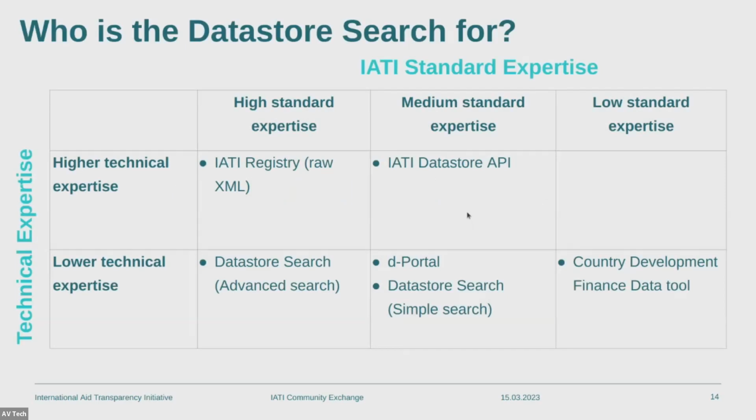And these are my thoughts on where all the data access tools lie across a matrix of IATI standard expertise and technical expertise. So if you're very tech savvy and you really know the standard very well, you might want to access the raw XML files from each individual publisher, iterate through all 8,000, read those in and analyze the raw data. If you still have that higher technical expertise, but maybe slightly less standard expertise, you don't know how to go to the registry, you don't know how to necessarily parse XML, you can pull it from the Datastore API. And then moving to lower technical expertise,